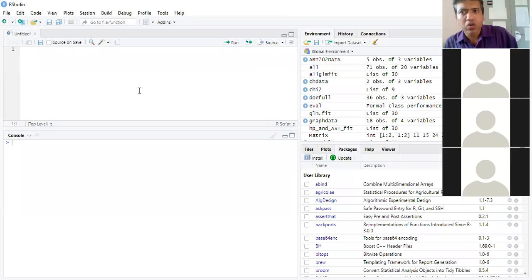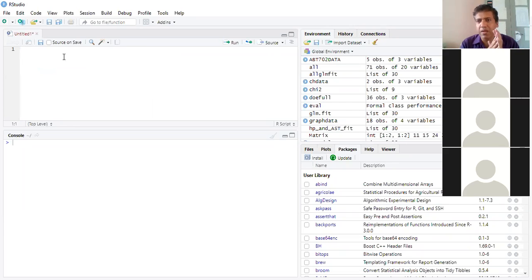So now I'm going to paste the data from the Excel file. The commands I will write in the R script here.